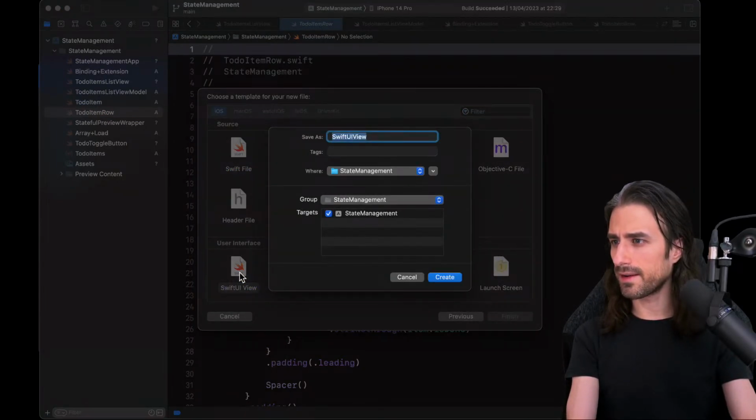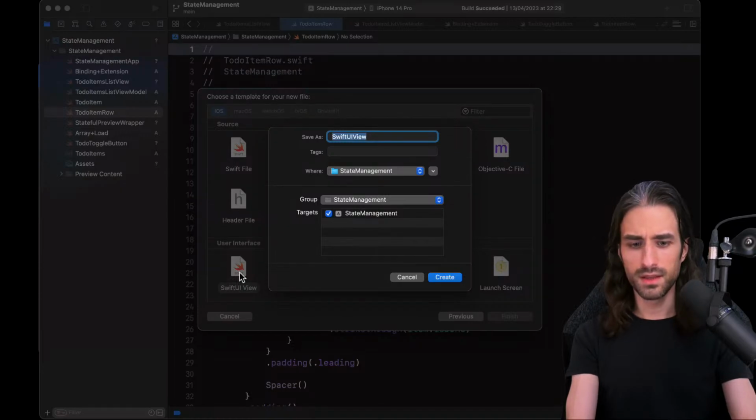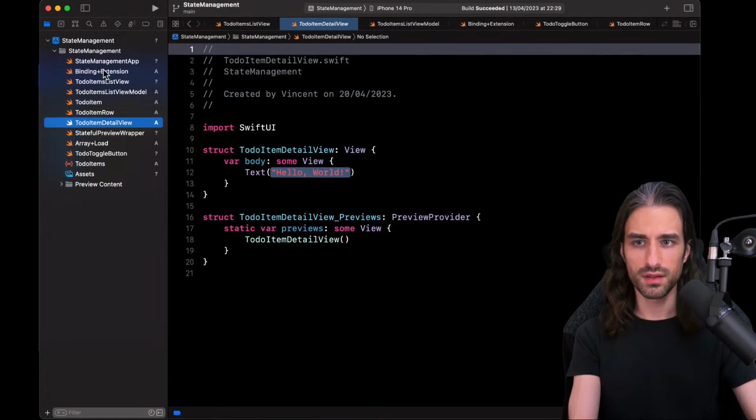I call it to-do item detail, I guess. I'm just checking the finished version of the project, how I had named it. I will call it to-do item detail view, like that.